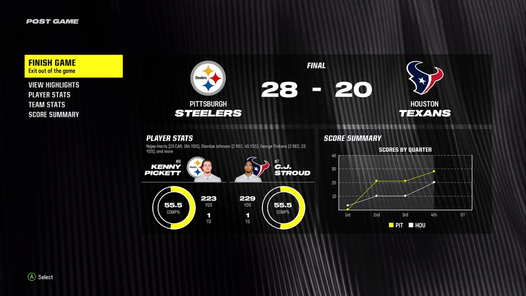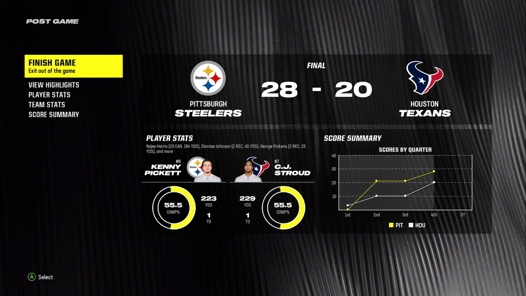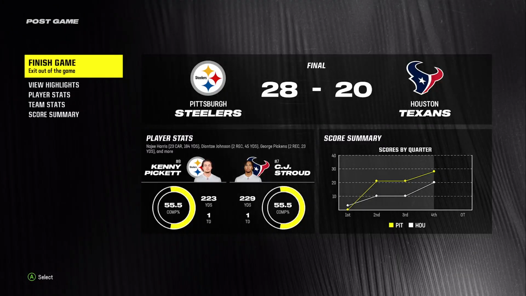So for the Steelers, it'll be a .500 start as the win gets them back to 2-2. And they will head back home next week. Meanwhile, for the Texans,